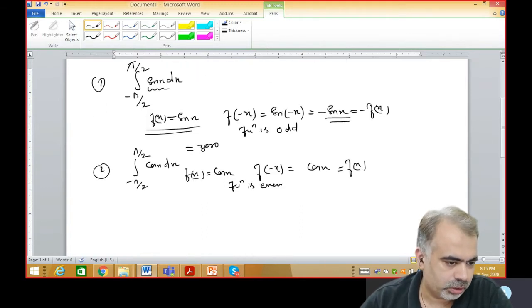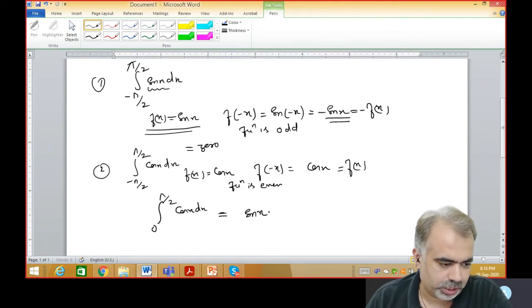So here in this case we have to apply 0 to pi by 2, because a is pi by 2. So the integral from 0 to pi by 2 of cos x. Now we have to solve this. Now we have to do the integration to solve this question. Integration of cos x, I think everybody knows, is sin x.